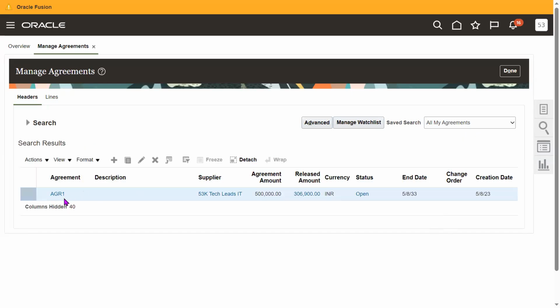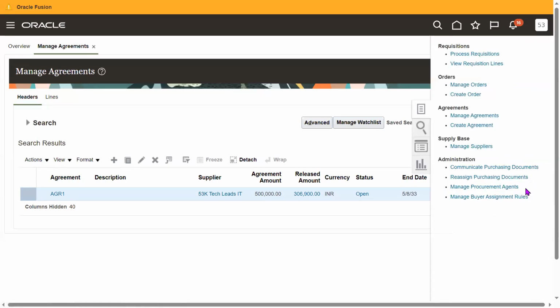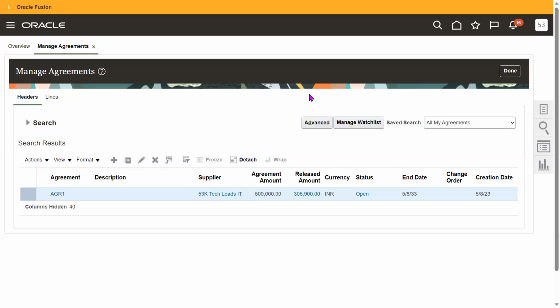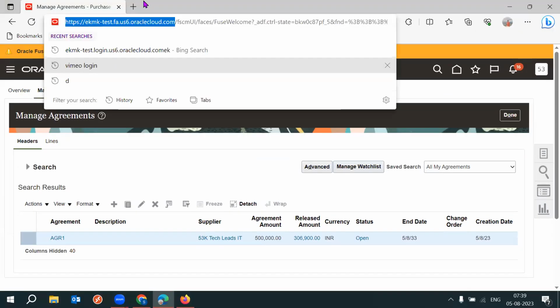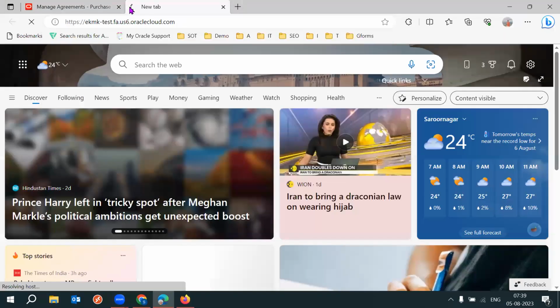Now the indication is gone. That means this agreement is approved. Now, what is my next step? I would like to update all the open POs sourced from this agreement. For that, we need to run a retroactive price update program. Here in this application, in the EKMK instance,